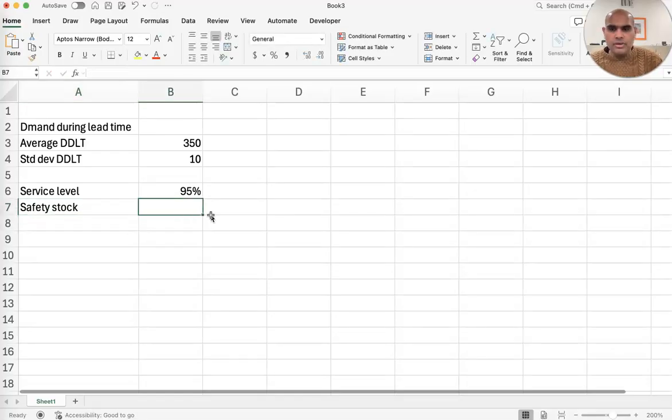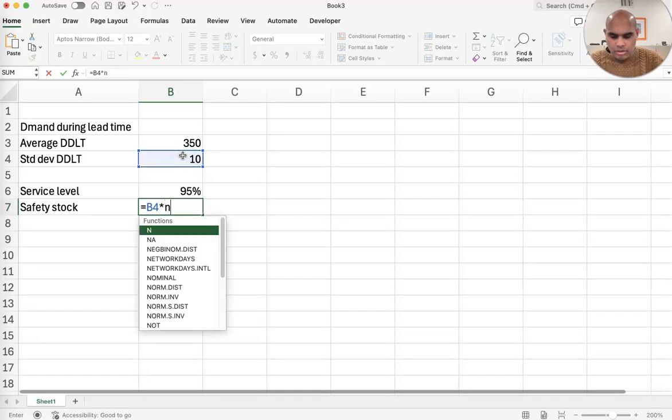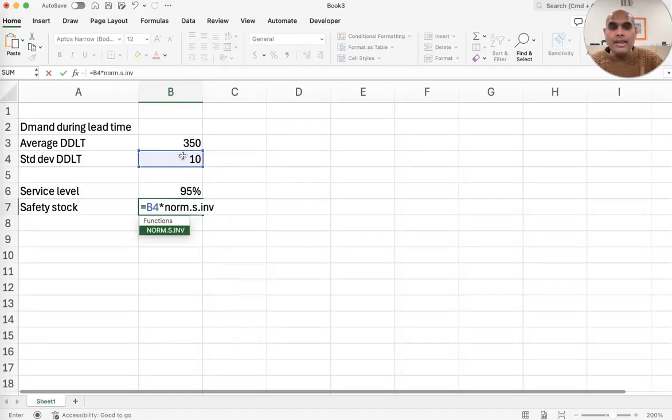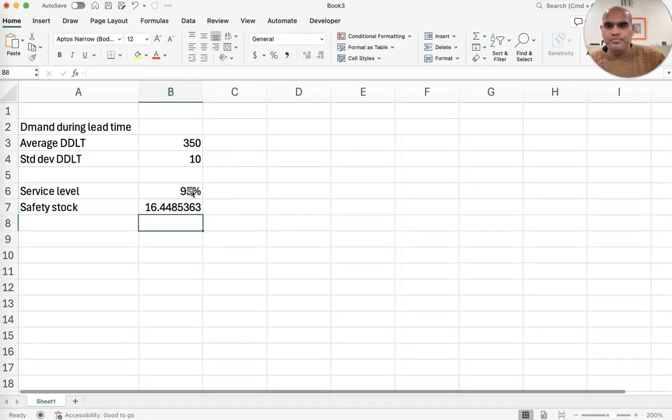We can calculate safety stock as the standard deviation of demand during lead time times NORM.S.INV. This is the standard normal distribution, so a mean of 0 and a standard deviation of 1. And we will use this number as the probability. We're doing the inverse calculation because we are using probability to find the value, rather than using the value to find the probability. There you go. So that's your safety stock, 16.5